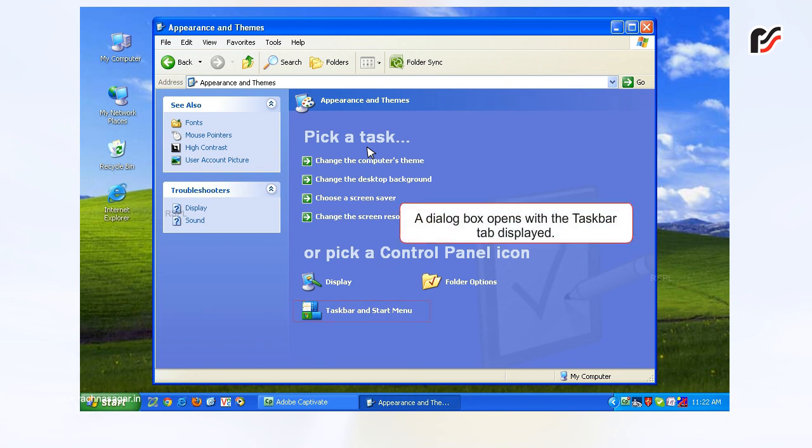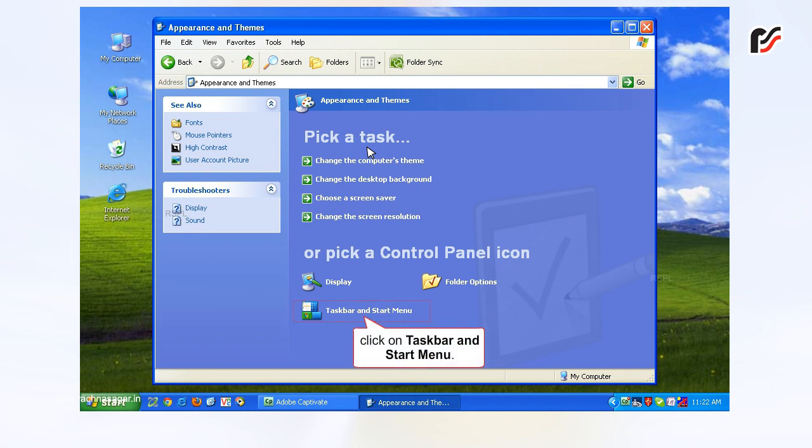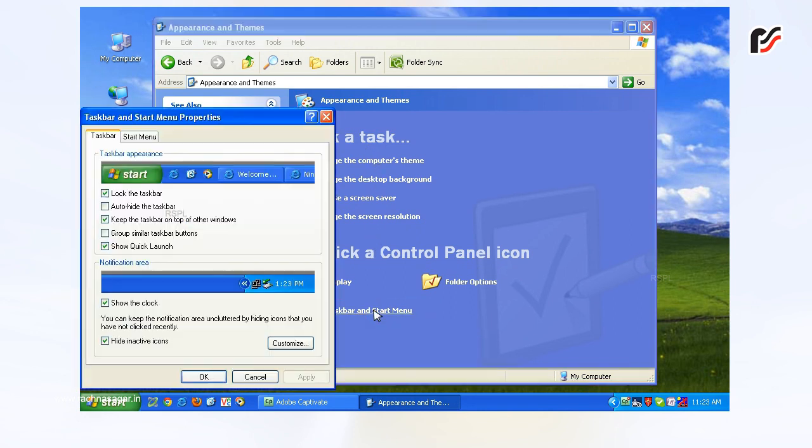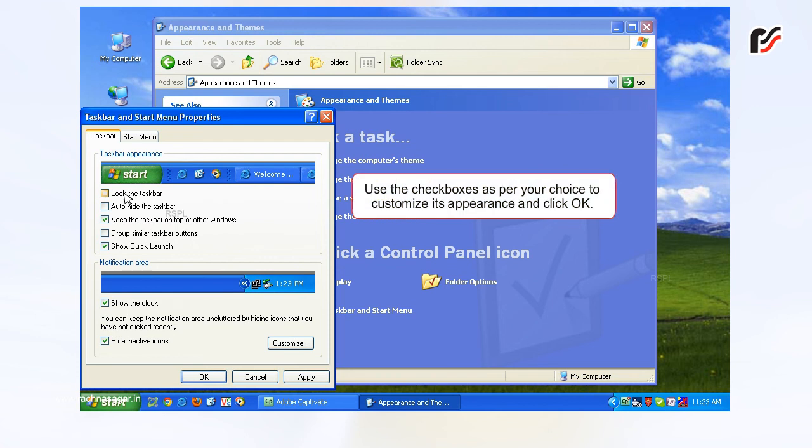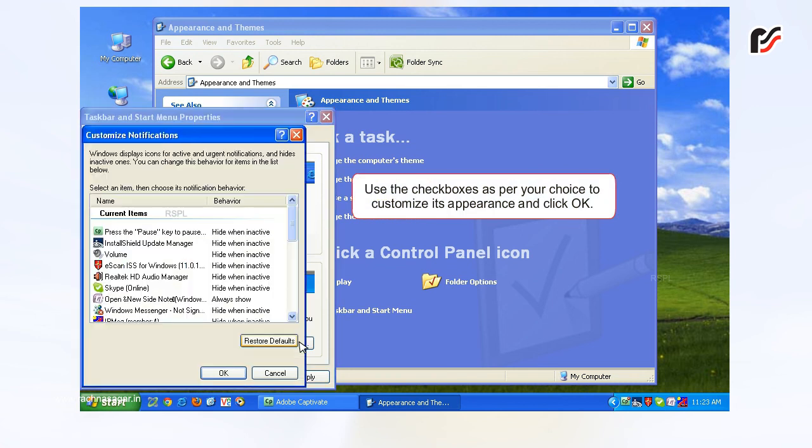A dialog box opens with the Taskbar tab displayed. Click on Taskbar and Start menu. Use the checkboxes as per your choice to customize its appearance and click OK.